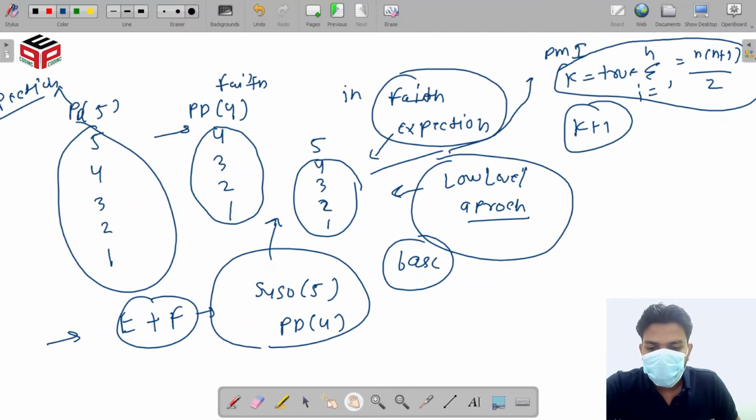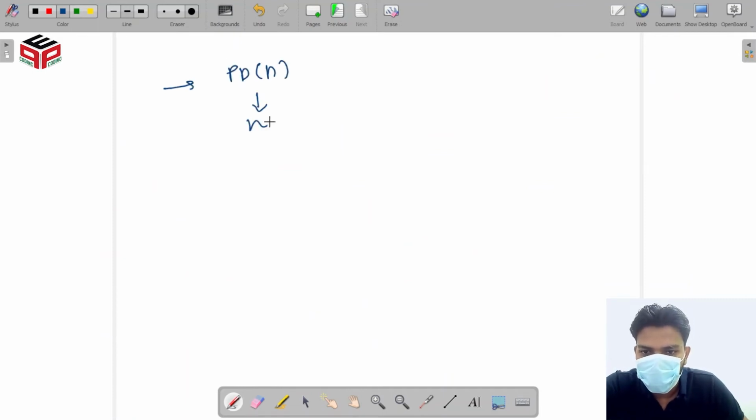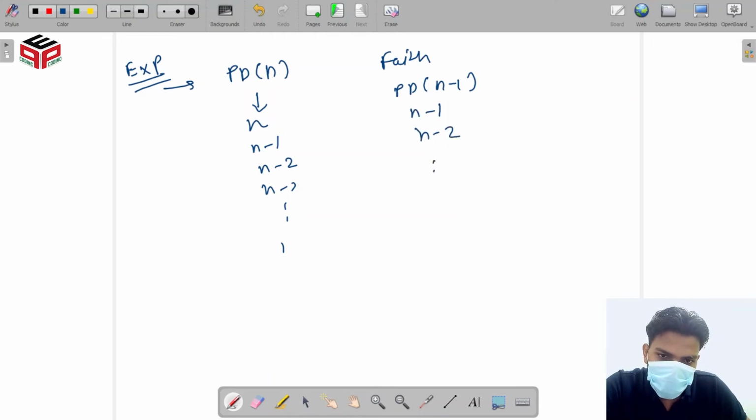Okay. So in general, PDN is our expectation, which will know how to print n, n minus 1, n minus 2, n minus 3, down to 1. And this is our faith, that PD n minus 1 will know how to print n minus 1, n minus 2, down to 1.